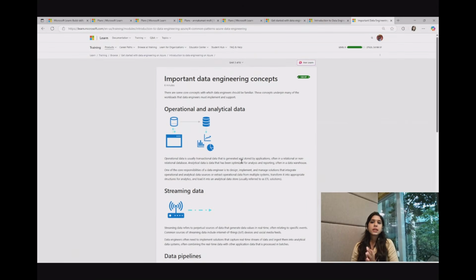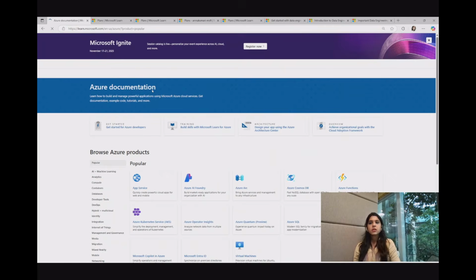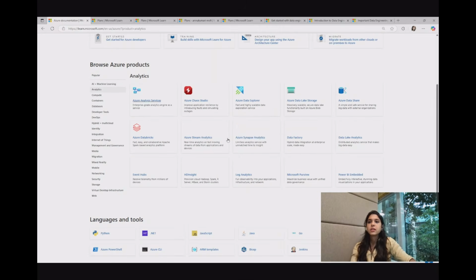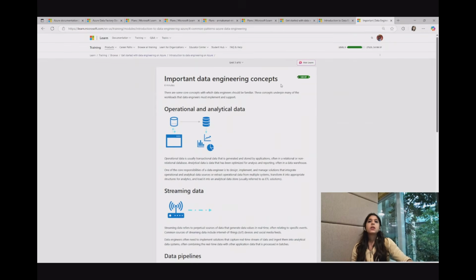So if you think about the difference between you directly going to the documentation of the product, suppose maybe if you want to learn analytics related products, maybe Data Factory. Of course, you can start your learning with the documentation of Azure Data Factory. But beyond this, before even jumping into learning what is Data Factory and what are the different concepts of Data Factory and how to use it and all of those things, before even doing that, if you want to start from scratch,